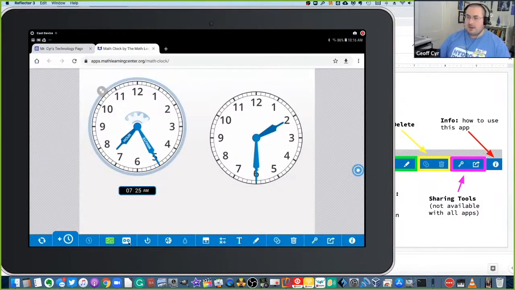The next button after it is what they call run or jump mode. What that does is makes it so you can set a start time, and then when you move the minute hand after that, you'll see how much time has been running. I'll show an example. So when I press that,